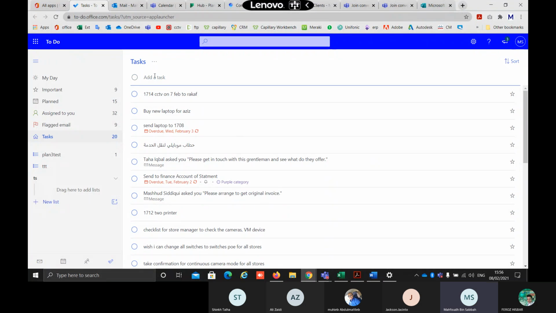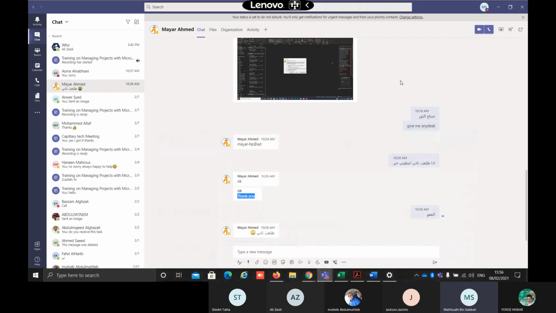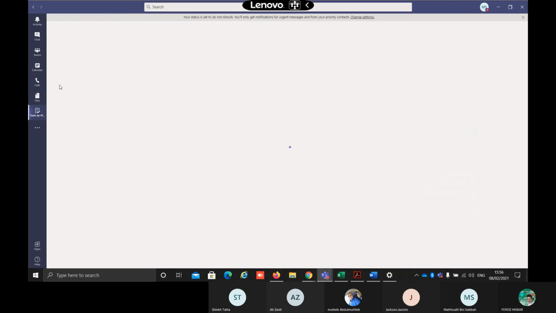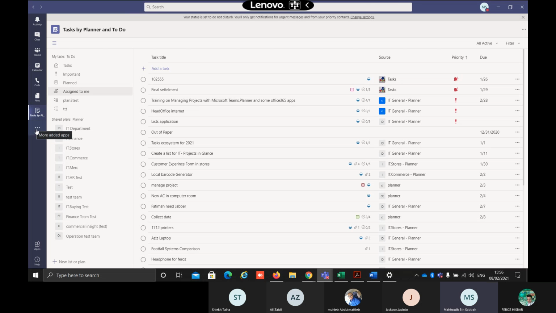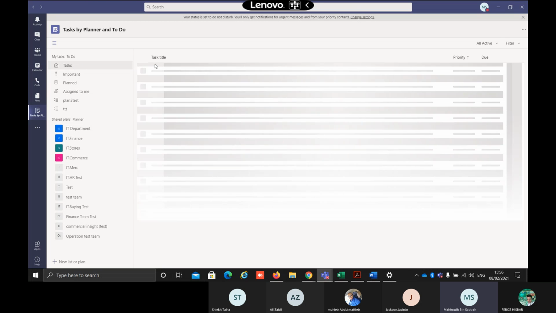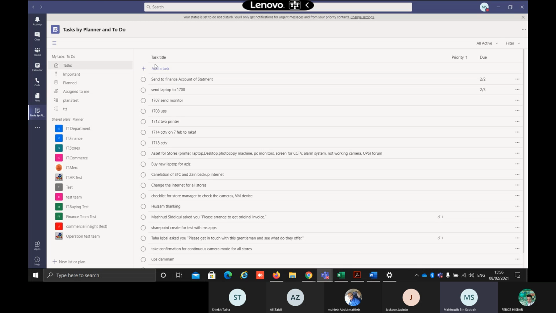You can create a new task here in web or in Teams. By going to the three dots or ellipsis, then Planner, then we can go to the task. And this task is for your own task. If you want to create a task and you want this task to repeat and keep